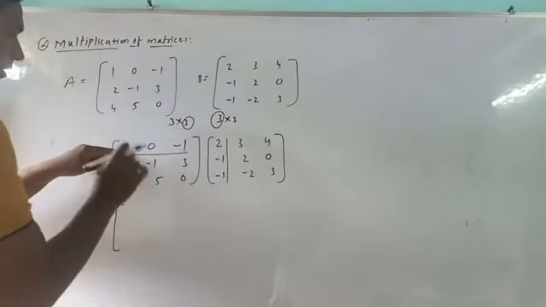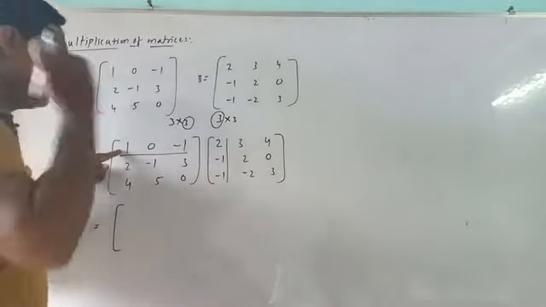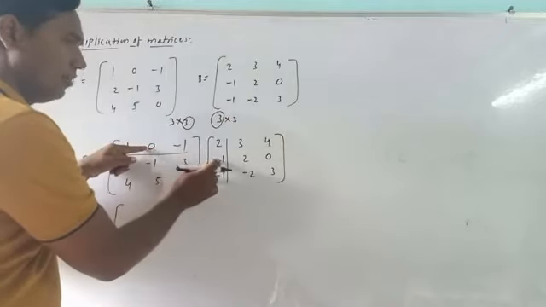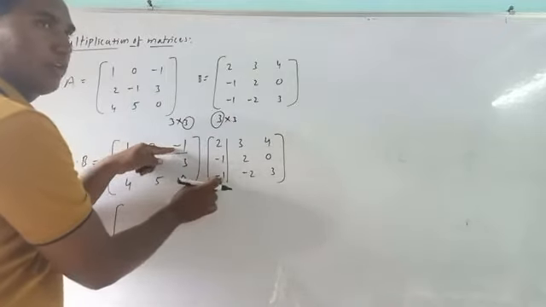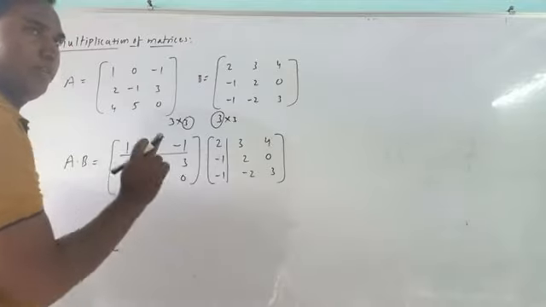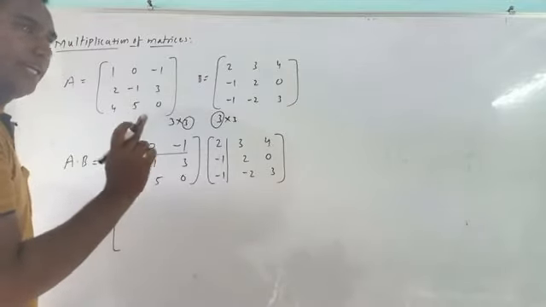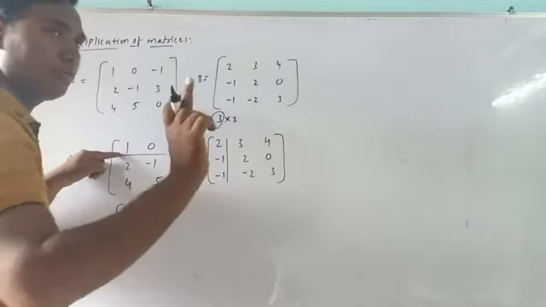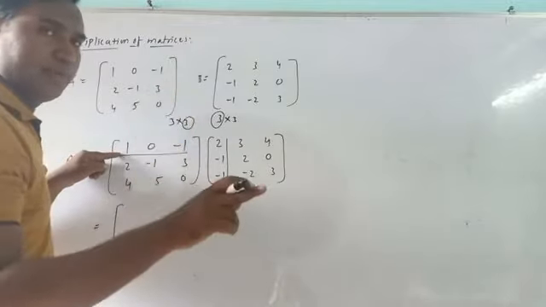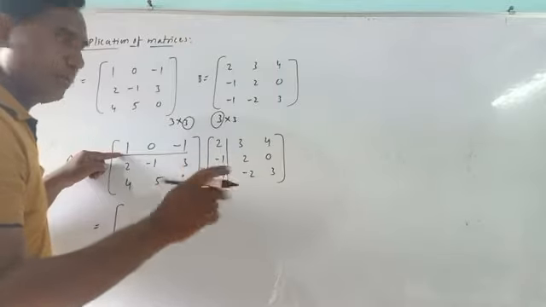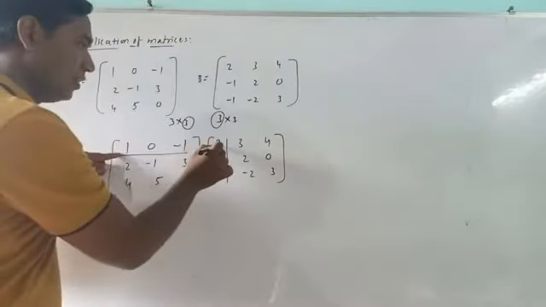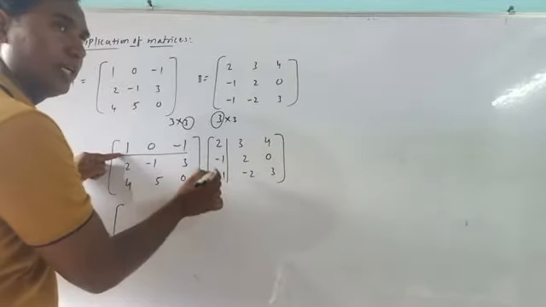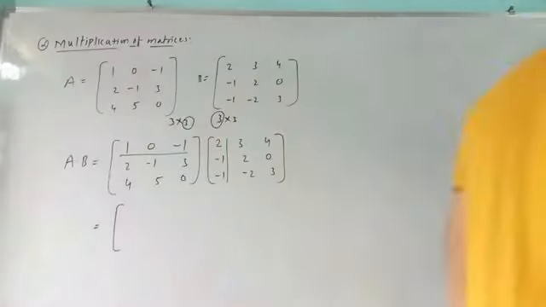The important thing here is that you have to multiply the corresponding element: this element with this one, the second element with the second of the column, the third with the third of that column. It is important. Corresponding multiplication is done here. It is not possible to multiply 1 into 2, 1 into -1, and 1 into -1. You have to multiply single, corresponding elements. This one is multiplied with the first one, the second with the second one, and the third one with the third one. It is important. You have to observe this.